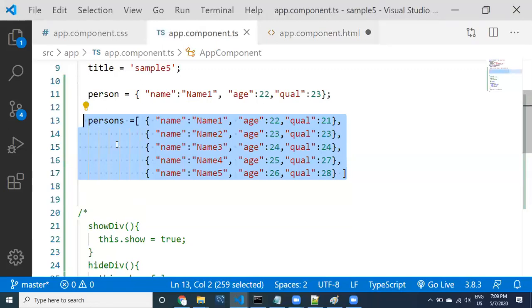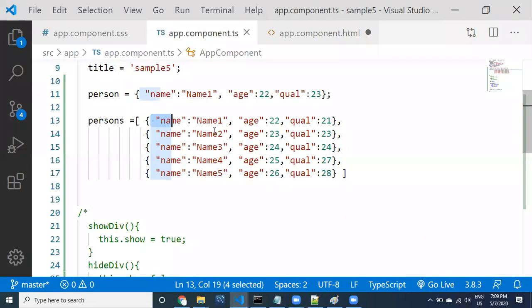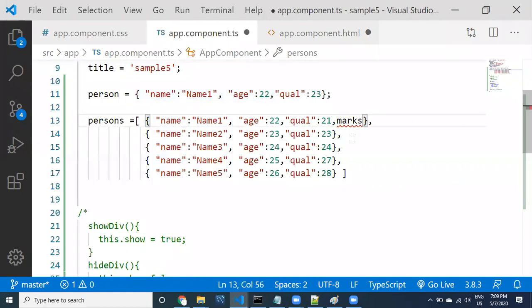My output, I would like to display first person if he is pass, based on qualification we have, right? I'm going to take another property, marks.